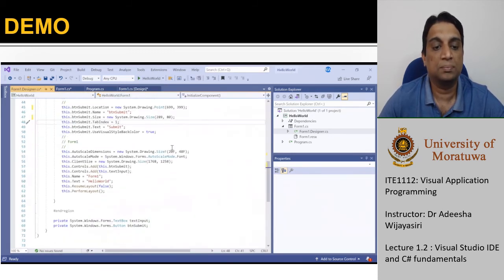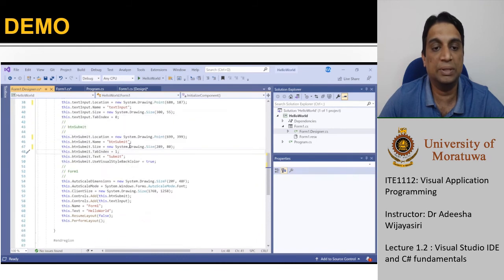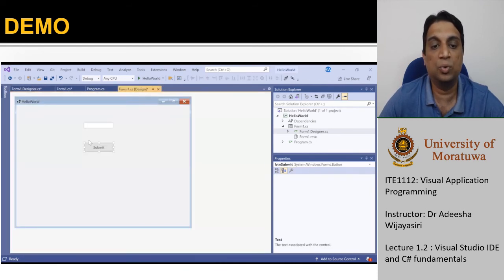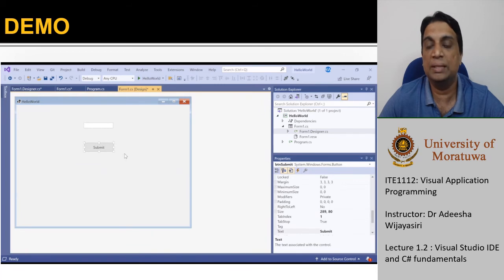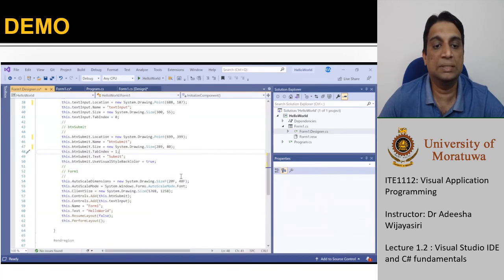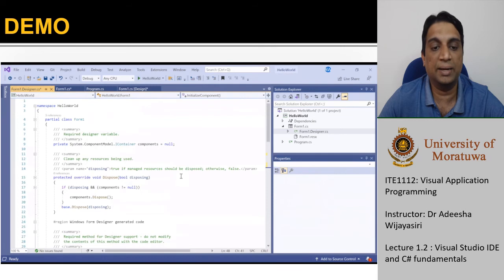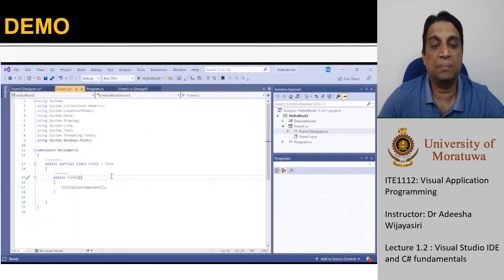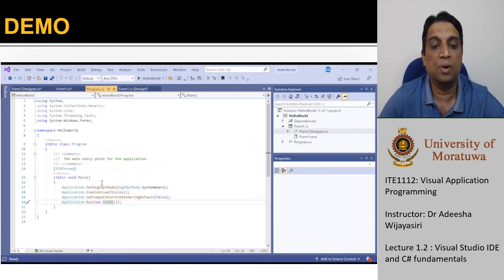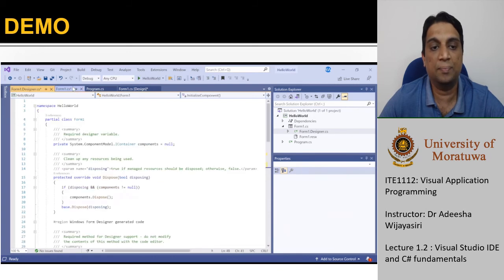What I wanted to tell you is that code is generated for the things that you do in the interface. This is related to the interface items and tools, and we also have a separate file belonging to the same class for the functionalities. If you go back to program.cs, it says create an object from this form1. This form1 is actually this and this together.